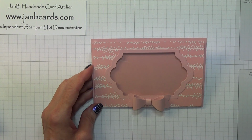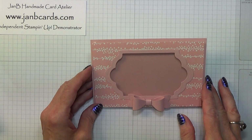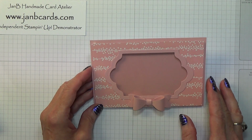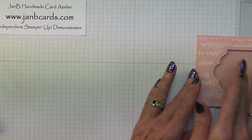Today I'd like to show you how I made this photograph frame. It was inspired by two swaps I received when I was on the Stampin' Up 2017 incentive trip to Thailand at the beginning of last month. The two swaps I received were